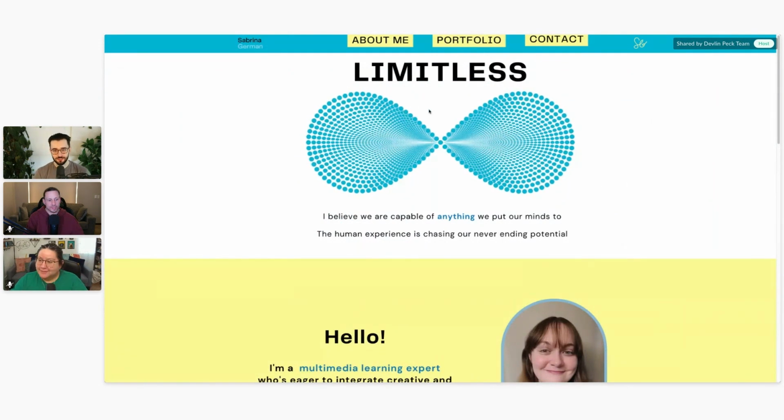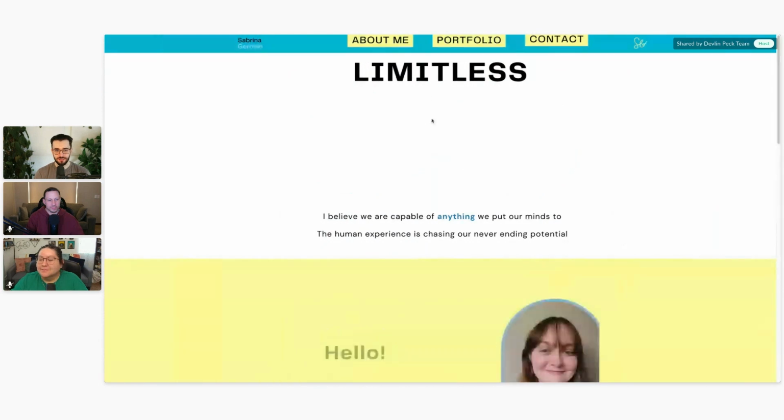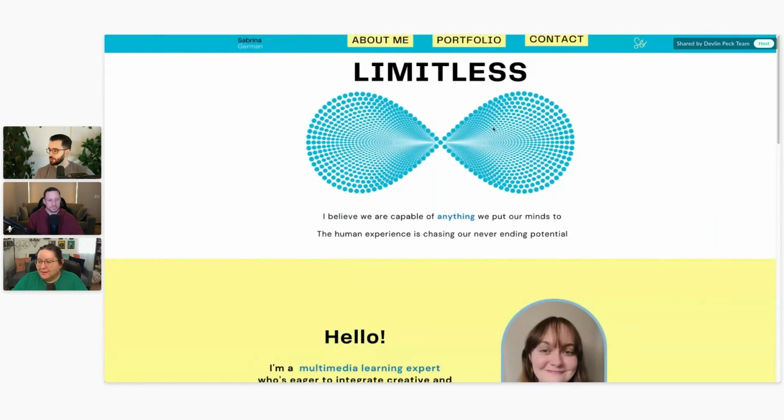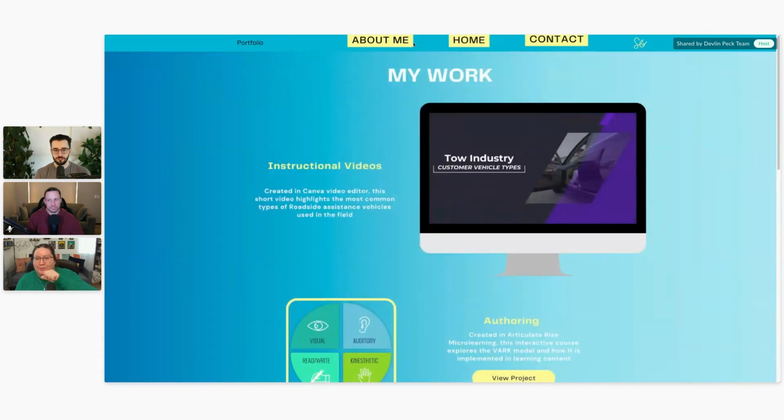Oh, and there is a subtle animation when you first land on the site. It grows. So cool. And I guess one other little navigation piece too with that nav bar. I know with Canva it's a little bit more difficult to get a true nav bar, but trying to keep those links consistently in the same spot is good, because when you click on portfolio,